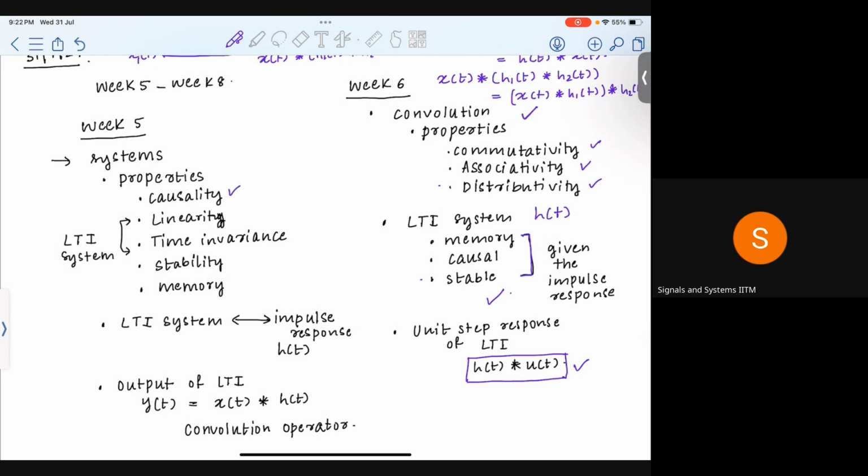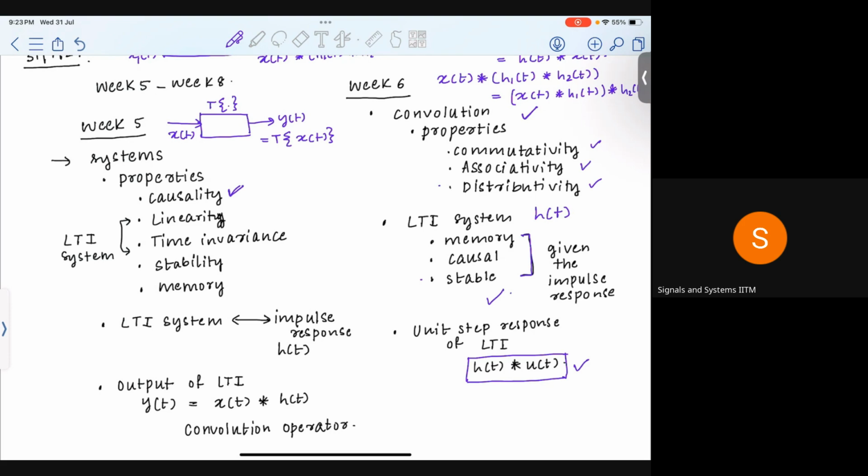Causality: we know how to check it. Suppose you pass x of t through some system with transform T, and you get y of t equals T of x of t. If this y of t depends only on the present and past values of the input, but not on the future values of the input,